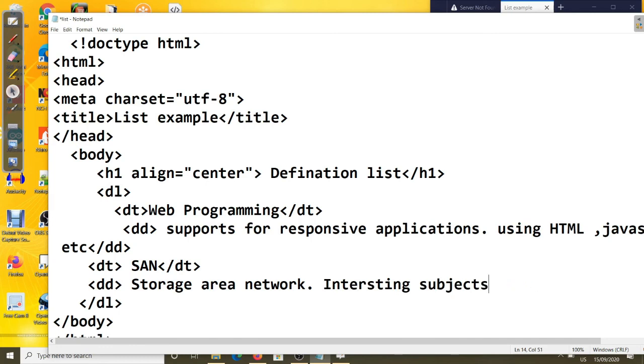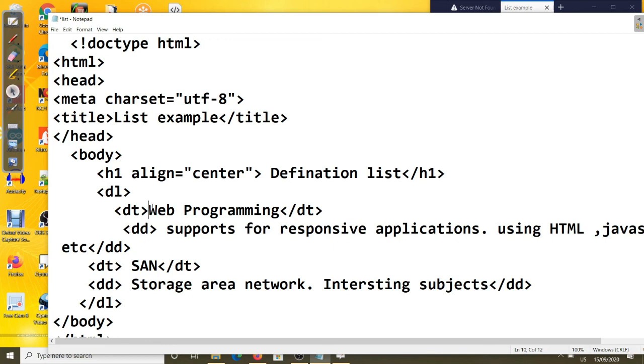Then close the DD. So you see here we started DL, here we close, inside that one DT, you write the topic name, closing again. Then the DD defines the subject, the definition of that subject, whatever the contents.